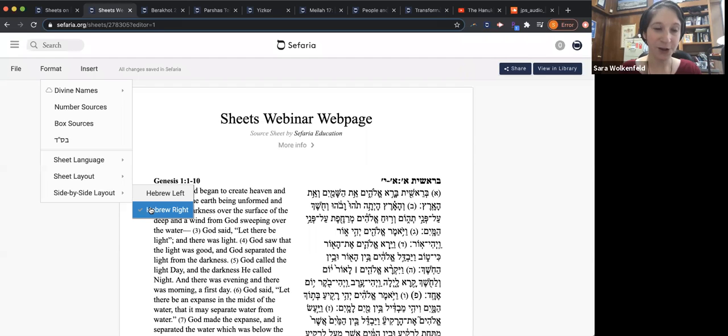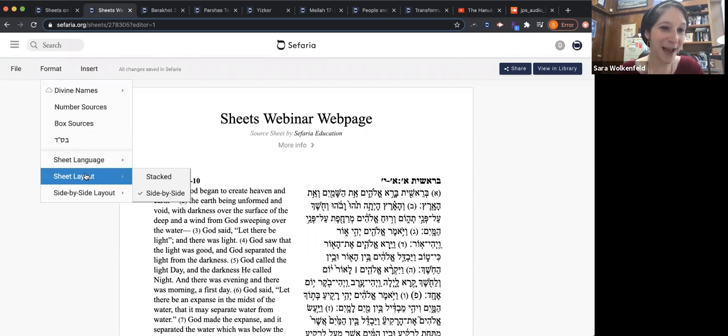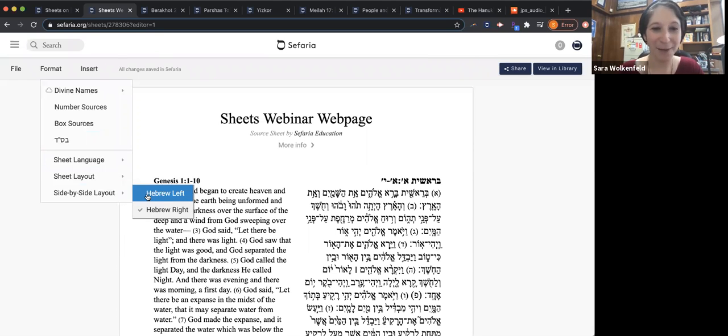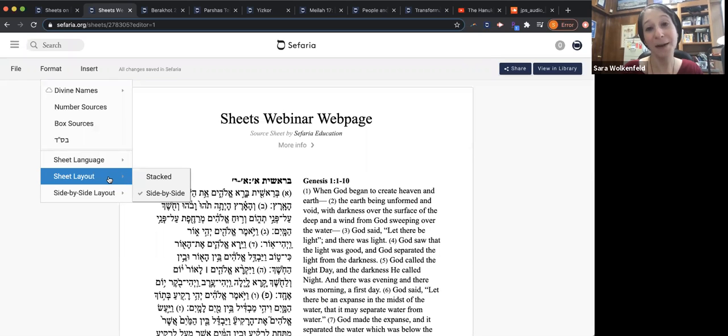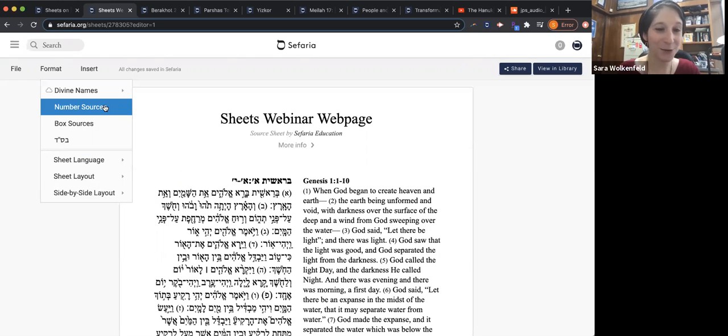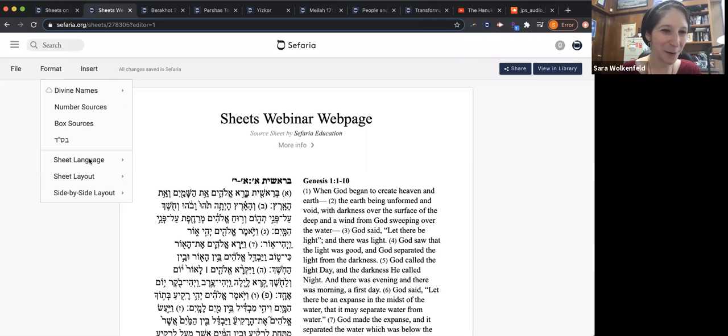If you share this source sheet digitally, the people who are consuming it will control how they view the sheet, which means that I can decide I really like having my Hebrew and English side by side, and I like them laid out this way. And I can give my students the option to put them the other way because it's easier for them to look at it that way. So when I'm sharing my screen, I obviously control what you're looking at. But when I give you the link to the source sheet to view on your own, you get to decide how you want to view the sheet when you're in this library mode.